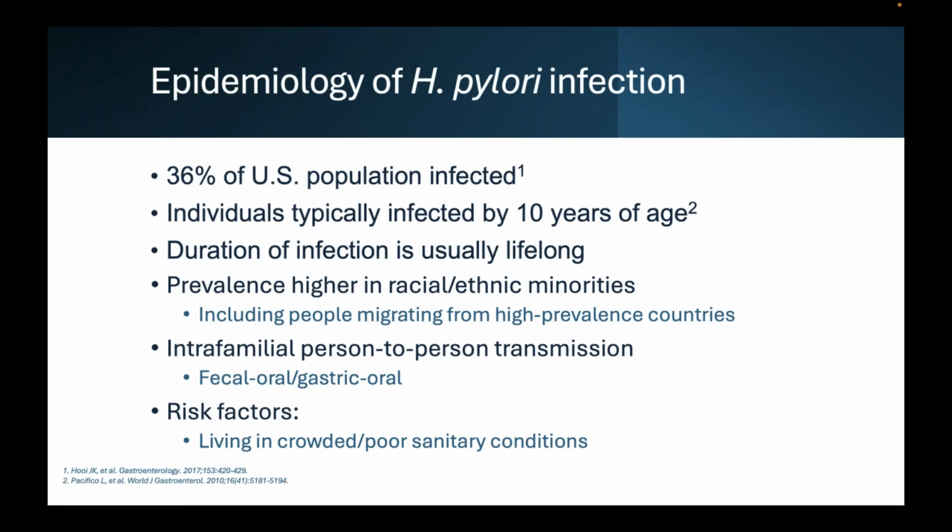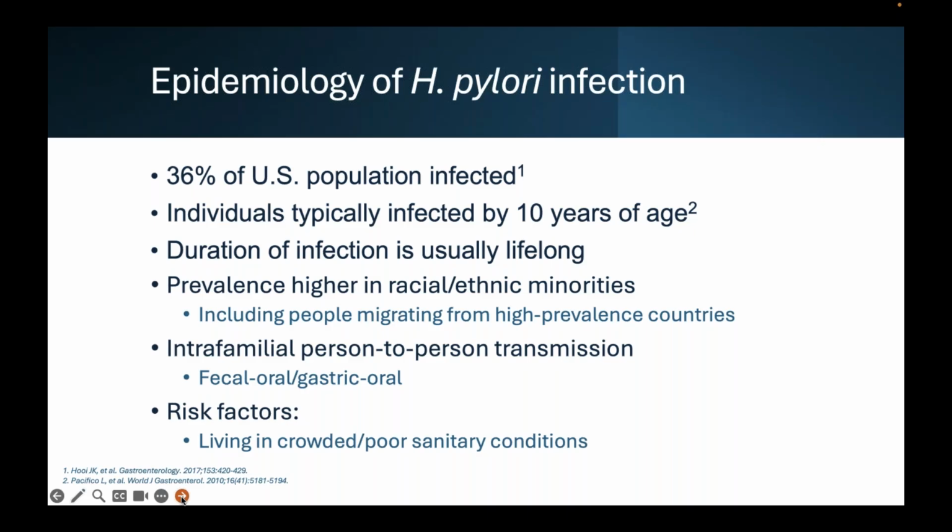About 1/3 of the adult US population is infected by this organism, and studies have shown that typically this first infection occurs in childhood in the first few years of life, and certainly by the time a child turns 10 years of age is the time when they tend to be infected. Once infected, duration of infection is lifelong. For the next 7-8 decades, we're going to be living with H. pylori inside our stomach unless we have a combination antimicrobial treatment to eradicate it.